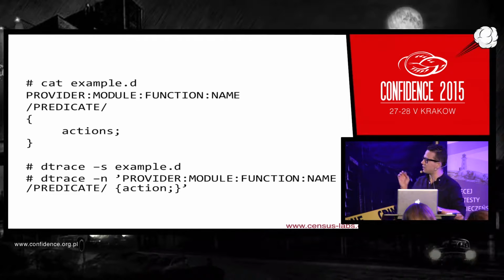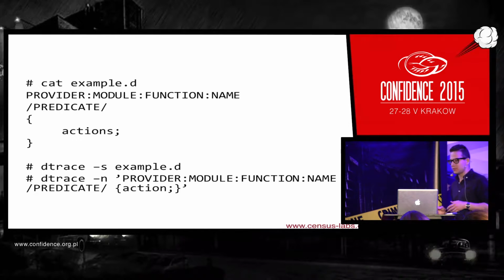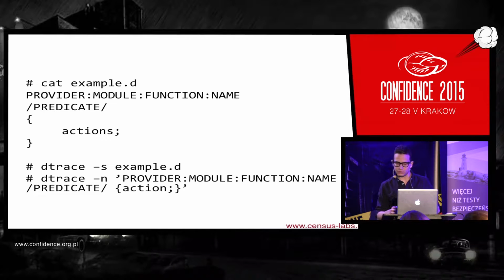So for example, if you have some kind of a function, then name could be, for example, entry and return. So for every entry of this function, make some actions that are defined. And one more thing about functions. As you may probably know, you could deduce that you can't have stripped binaries. So you need to have symbols in your binaries. I mean, kind of. Then you have a predicate, which is the only form of if statements in D,